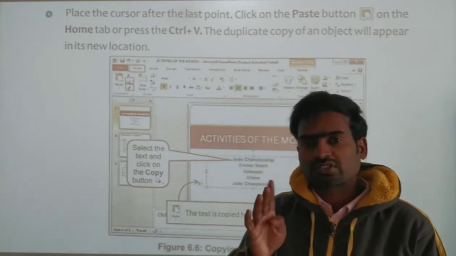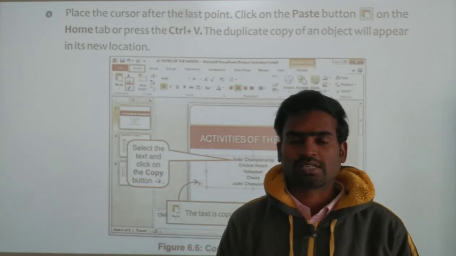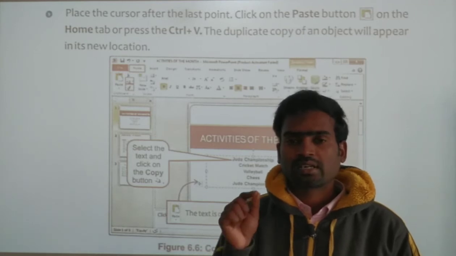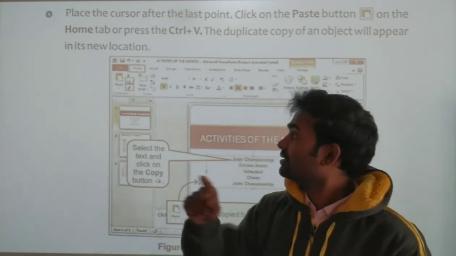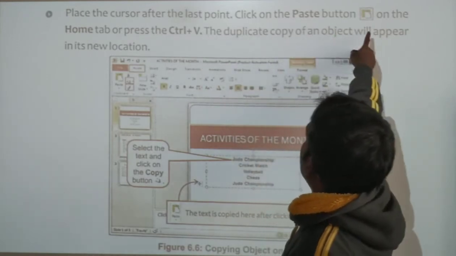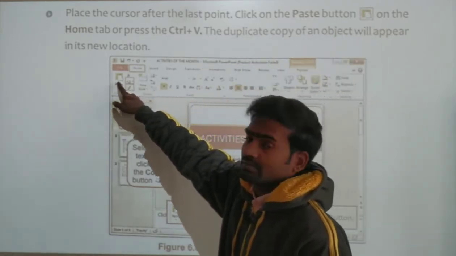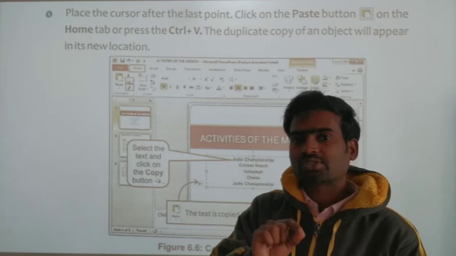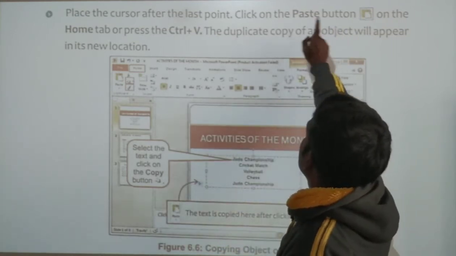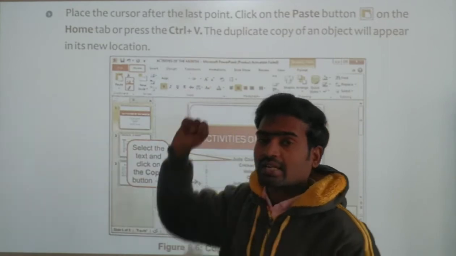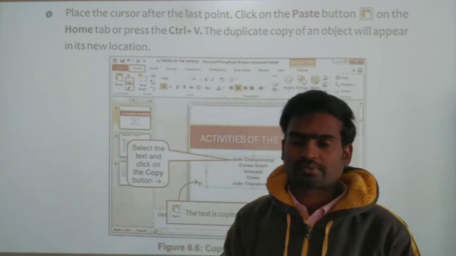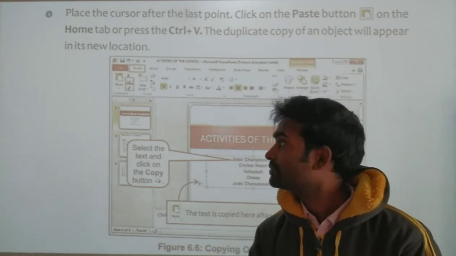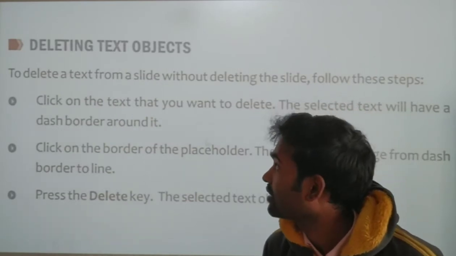So for the pasting option also, there are three ways. First, after copying it, choose the location where you want to paste it, and then go to the home tab and choose this icon. The paste icon will be there. Or as we were doing yesterday, same pattern only: the paste option, or the Control plus V key combination, or right click and paste. There are three ways, similar to yesterday. Right? So let's see now how to do that. Copy paste.